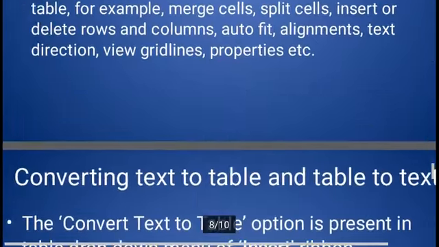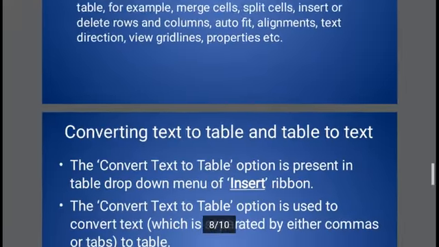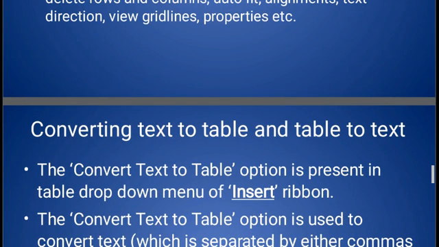Now here the new thing is convert text to table. Suppose you already typed a, comma, b, comma, c. This is text, and you want to convert it into a table, which means in cells, suppose only one row and three columns. In the first cell A, in the second cell B, and in the third cell C. So this is called a comma b comma c. This is text and we can convert it to a table. And again we can convert table to text.